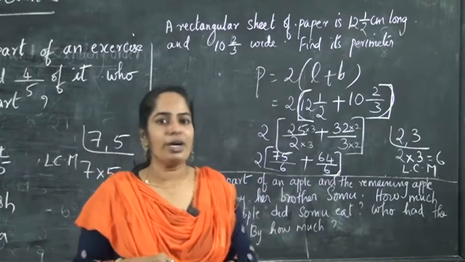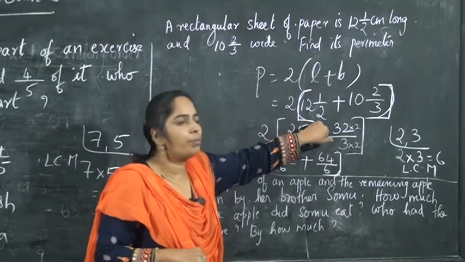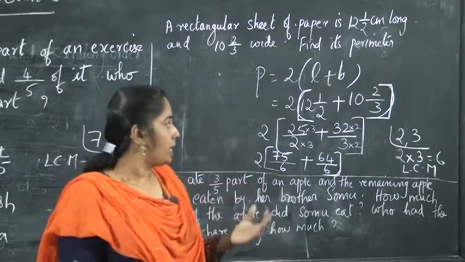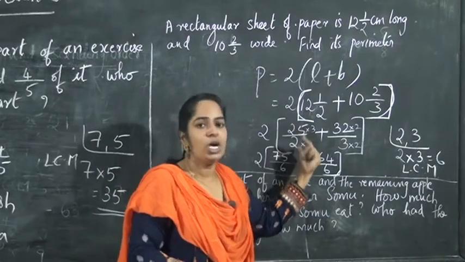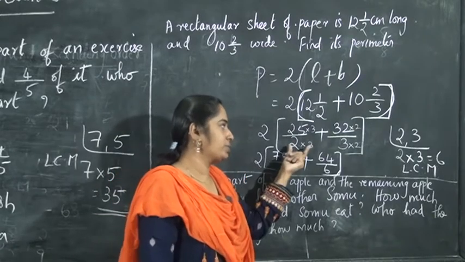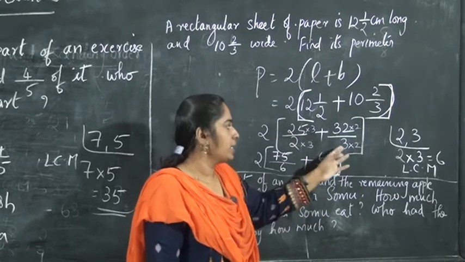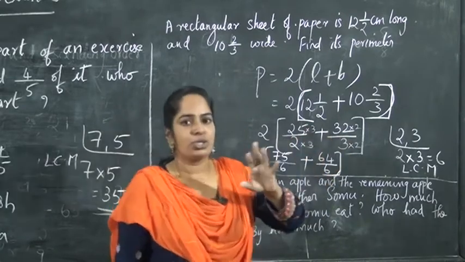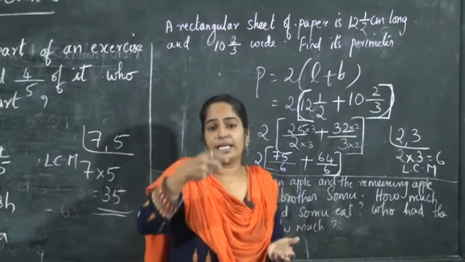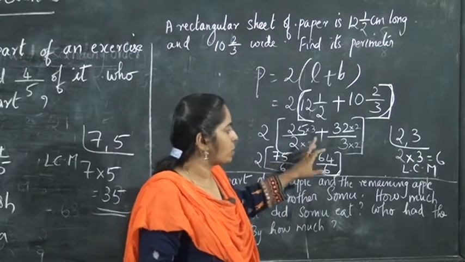Okay, so you all got that? Yes. So how did you get this? This is LCM, that is, the denominators are different. So we must find the LCM first, and we must change this denominator to the LCM denominator. So I have already changed it using this step itself. I just put into 3 like that, and here into 2 like that. If you want, you can also write the different steps we studied in the last class. If you do it like this also, it is correct.